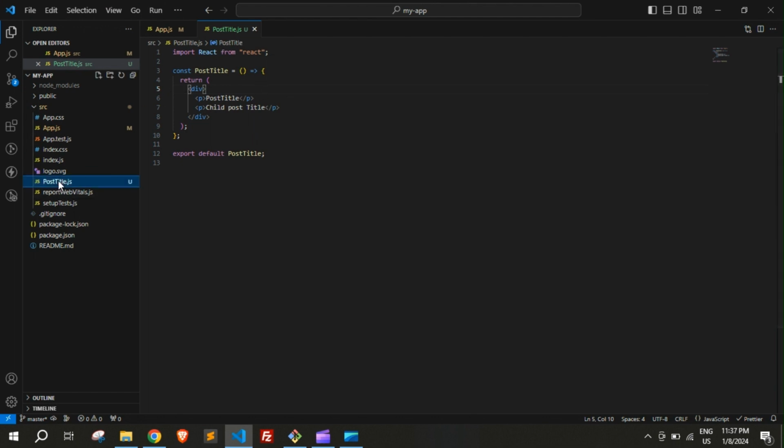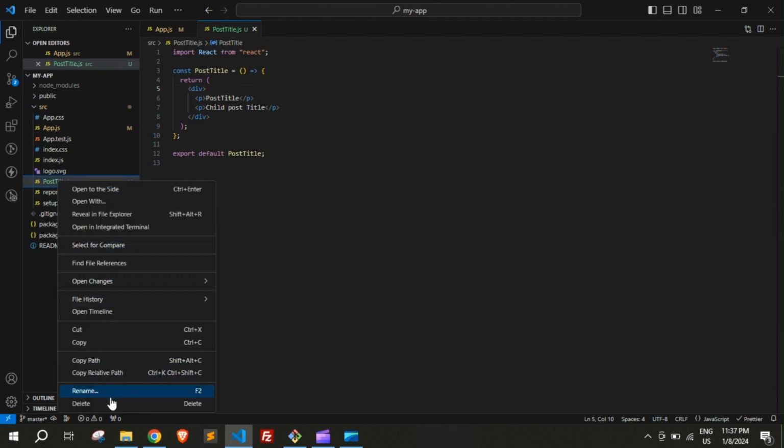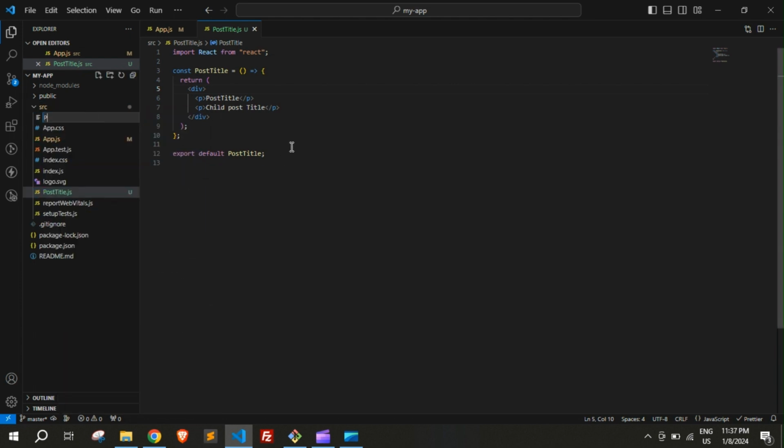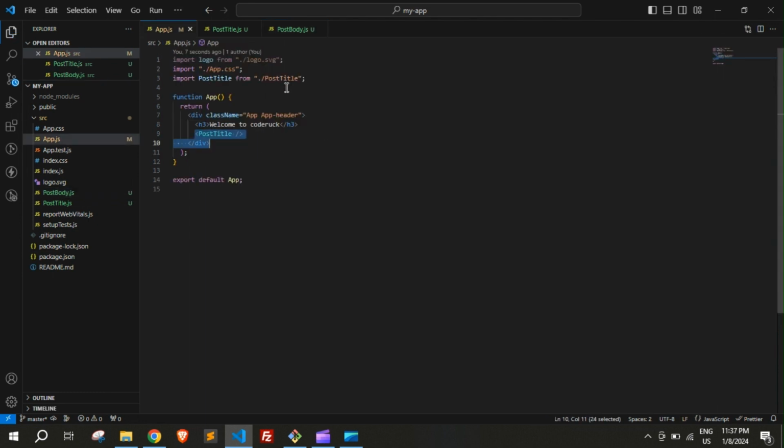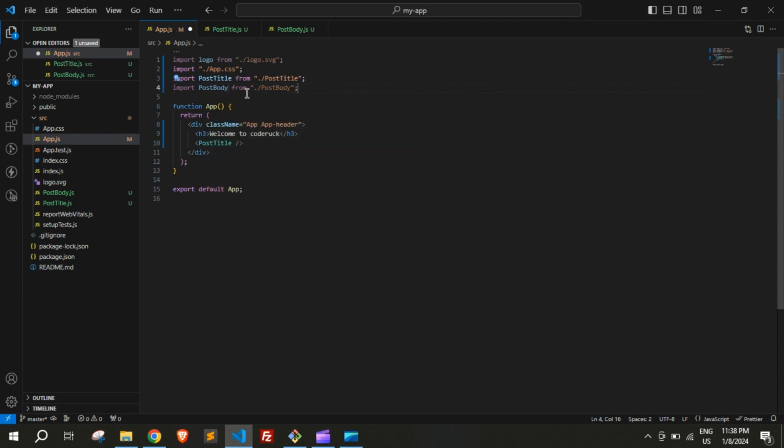Same if we create one more. Suppose I create a new file and this will be post body.js. I'm just copying and pasting again. It will be post body, and the same thing I'm importing here as well, post body. And if I import this one,